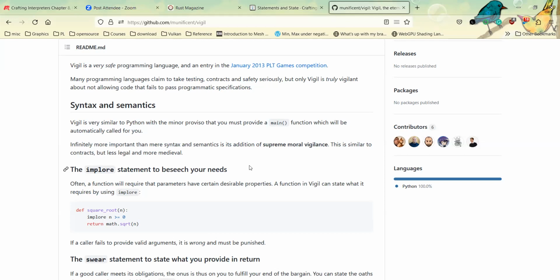I'm not saying he is. It's a joke, but less legal and more medieval sounds like undefined behavior in C++. Look at what we put up with. I would not be surprised to see the phrase supreme moral vigilance in a Haskell code base. Yeah, that's true. That was really funny on the sidebar, because supreme moral vigilance would fit well in Haskell.